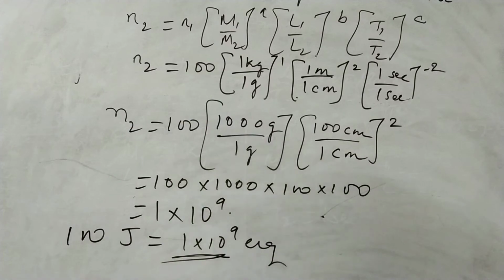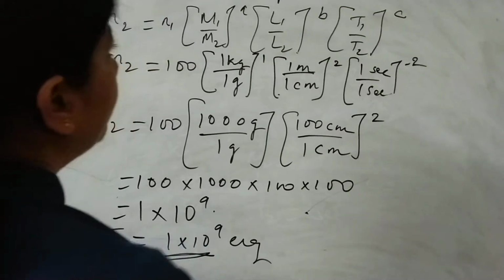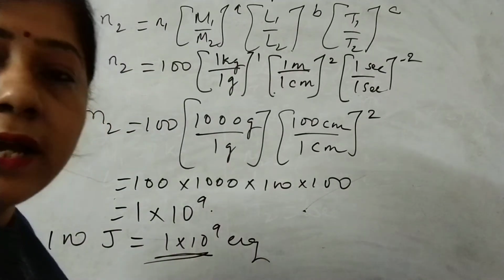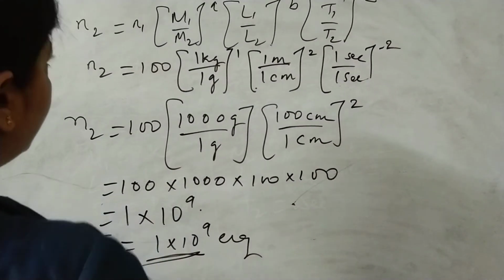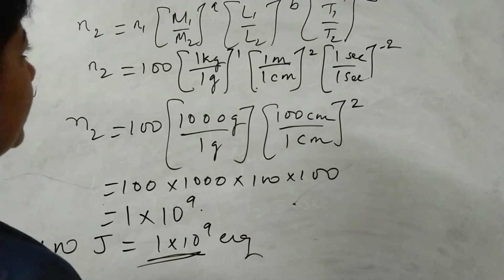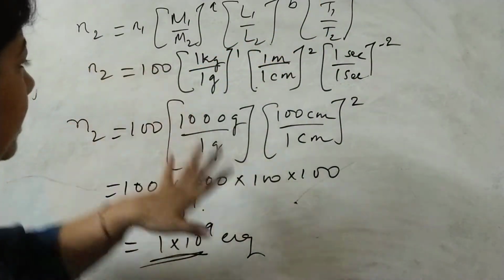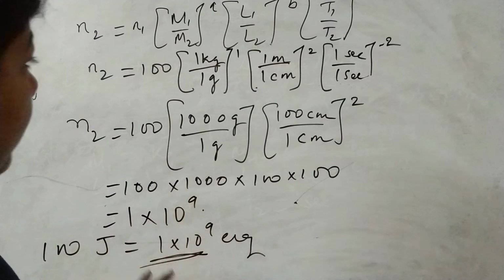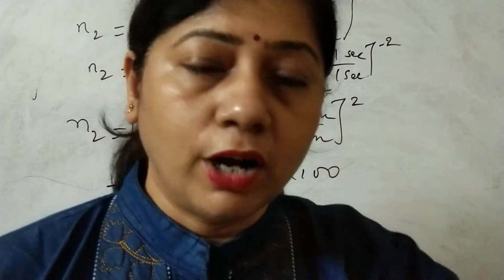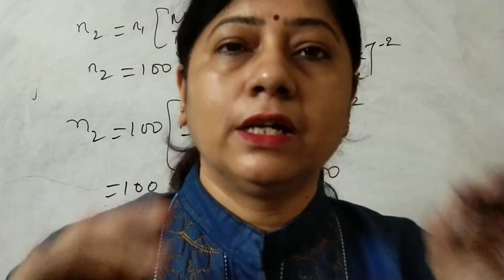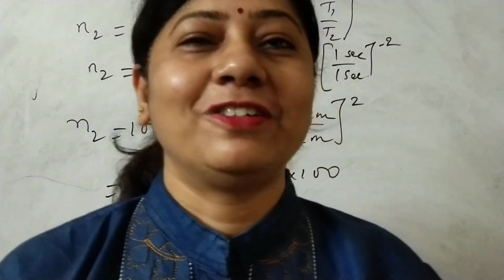The only thing, when you are converting one system of unit into the other, what becomes very important is that you should know the general formula: n2 is equal to n1, m1 by m2 to the power a, and then L1 by L2 to the power b, T1 by T2 to the power c. So we have the general formula. Based on the general formula, you have to substitute the values. What is important? First you write down, make a column, separate all things, what are the givens, substitute, and very nicely, step by step, again I will say, follow the steps and do it.